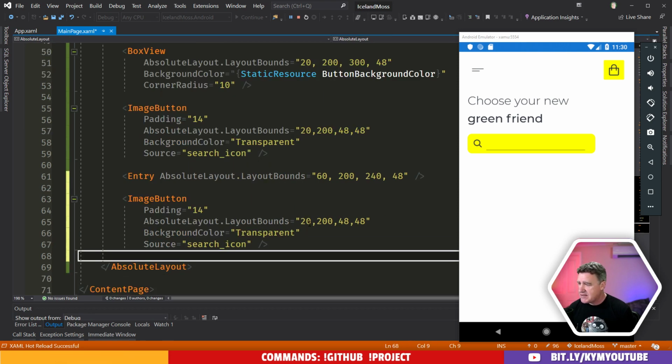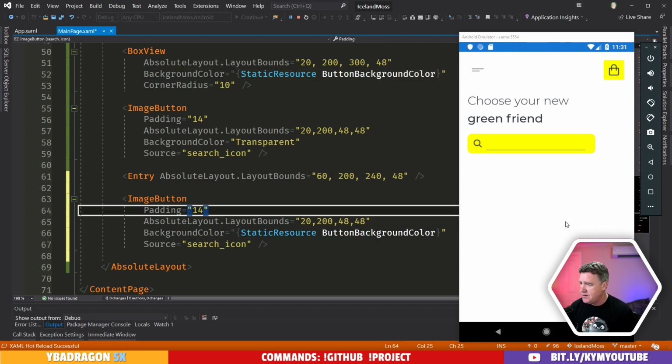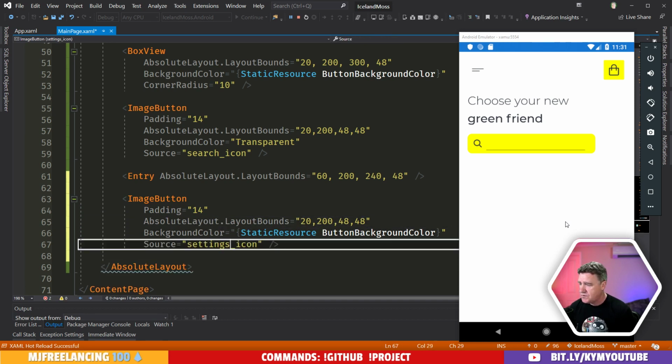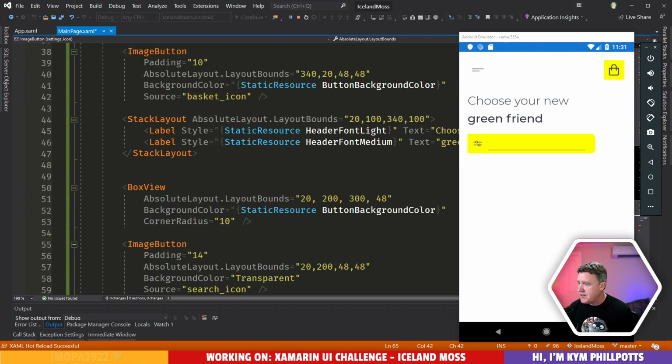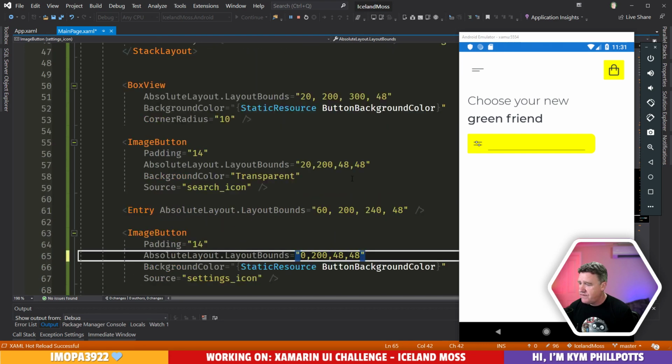Okay, now let's add in our last image button here. Our last image button is going to be a settings icon. Oops. And we want this to be positioned, you know, probably similar to this one up here. So let's see where that is. 340. Beautiful. All right, and I think maybe